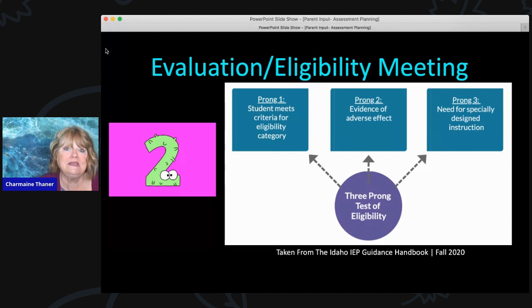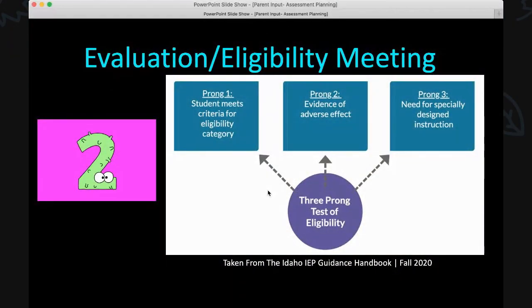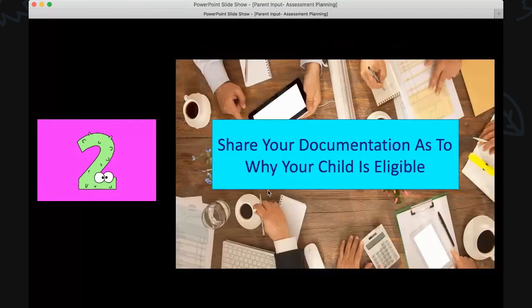And then the next step would be writing an IEP. And that most likely would happen at a follow-up meeting, because to talk about an evaluation report, to also go back through eligibility determination, which teams have to do every 3 years, that in itself will probably be a full meeting. And you could request that they reschedule and then do the actual writing of the IEP in a follow-up meeting. So those are the basics as far as what happens at evaluation and eligibility meetings.